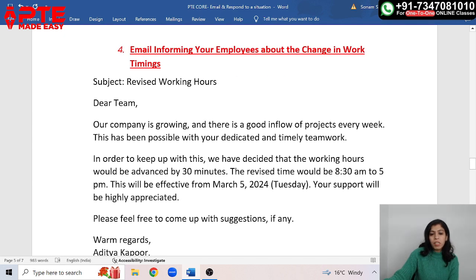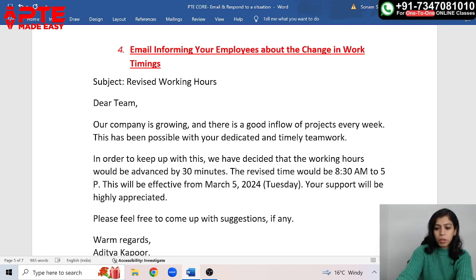In order to keep up with this, this is a short one, so we have explained the purpose in the second para. In order to keep up with this, we have decided that the working hours would be advanced by 30 minutes. The revised time would be 8:30 a.m. to 5 p.m. Okay. So what is the revised time? 8:30 a.m. to 5 p.m. This will be effective from March 5, 2024,